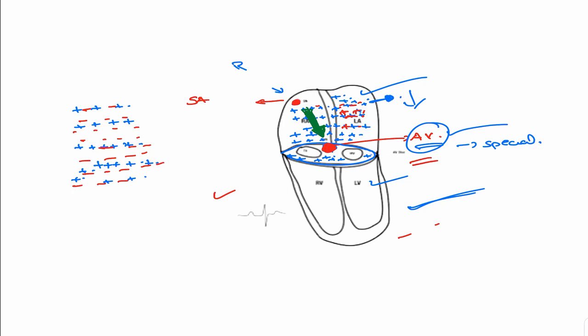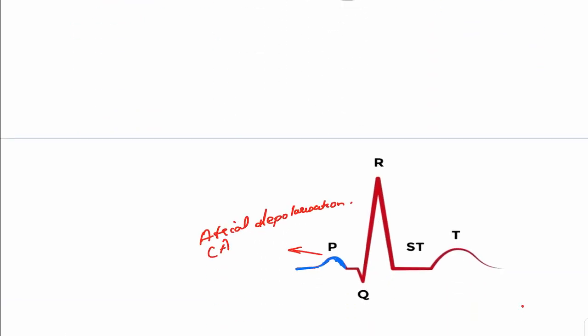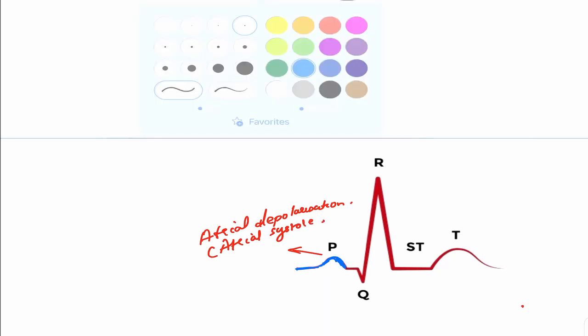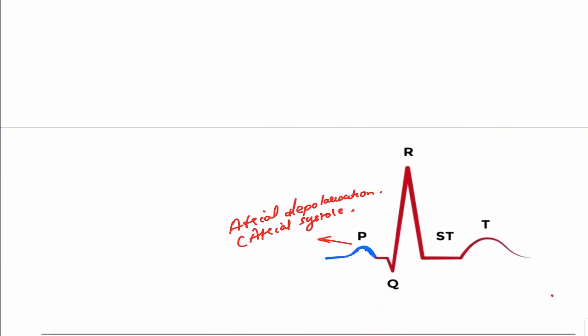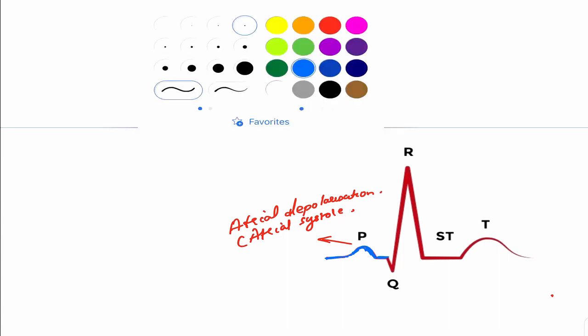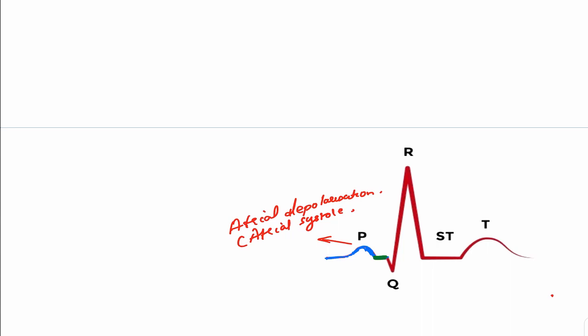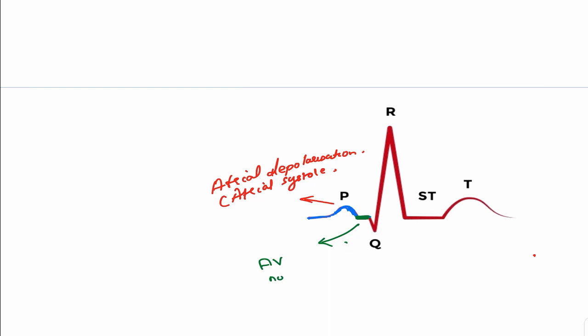Depolarization will be followed by repolarization, which is basically the systole. So it is basically the atrial systole, so you can write it as atrial systole. Now, as I told you, the ECG machine doesn't recognize the AV nodal depolarization, so it doesn't deflect. I'll make it in a different color. So it is this green, which is the AV nodal depolarization. It will be a straight line because there is no deflection. It is not picked up by the ECG machine.